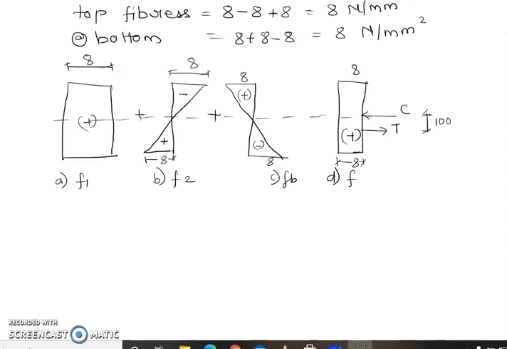So this is the final stress diagram for midspan stress, that is F1, this remains the same, F2, this also remains the same, FB is compressive on top and tensile at the bottom. So final stress will be 8 minus 8 plus 8, it will be 8, and 8 plus 8